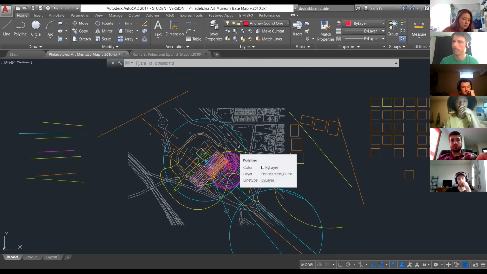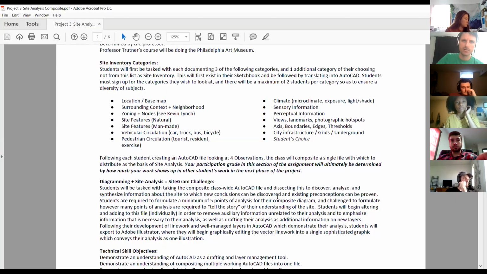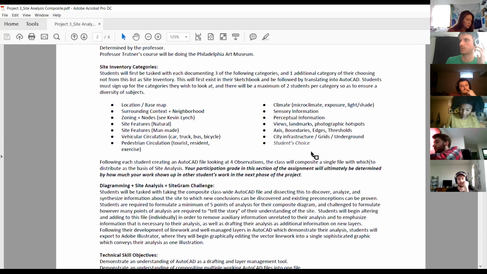Now, for homework, let's just briefly go back to our handout here. All right, what I would like you guys to do is to pick three of these inventory items, and that's what you're going to focus on. But you're not going to limit yourself to those three. Anything that intersects with those three, you might do as well. So let's say that you're doing